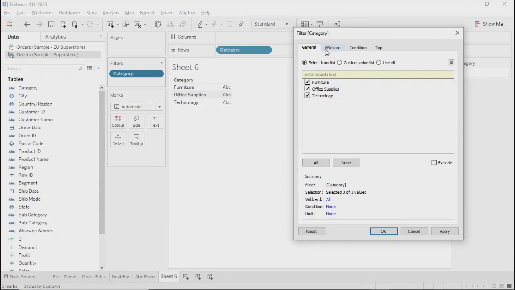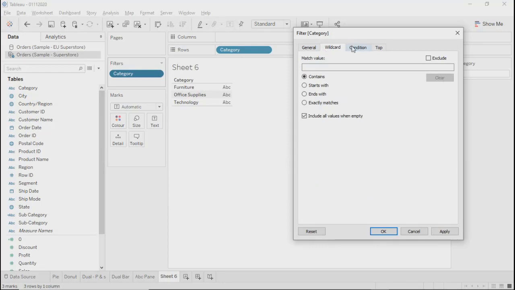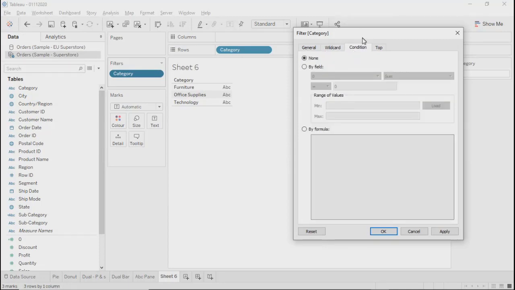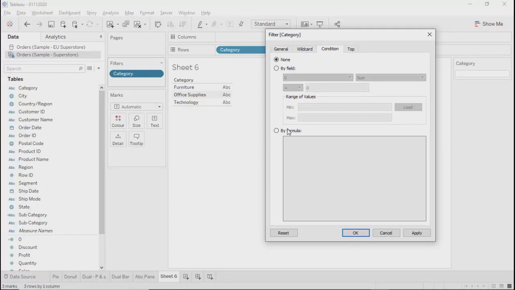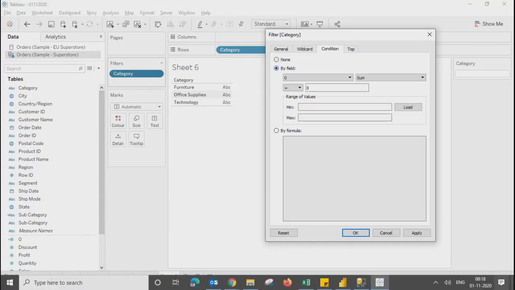After general, we had a wildcard. Now let's look at condition. Condition is basically a combination of your dimension and measure. Dimension will of course be the category over here, because we are putting a filter on top of it. As of now it is selected as none, but we can put a condition by field, and what happens here,